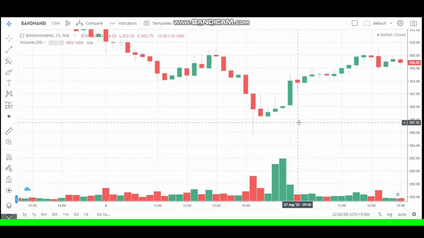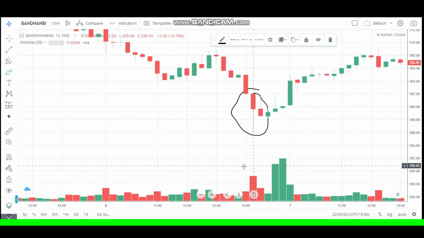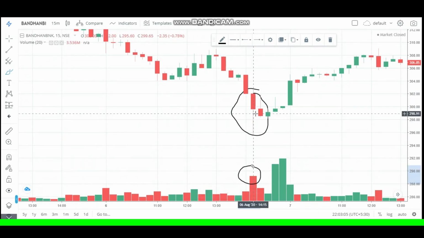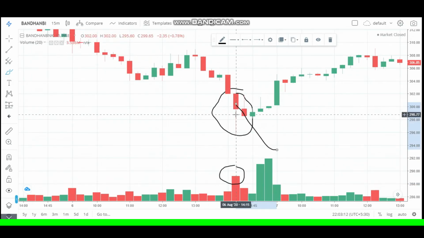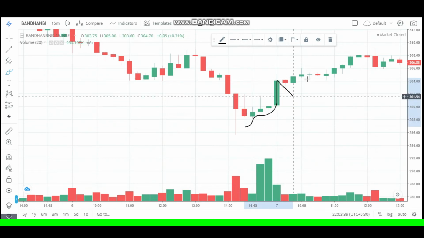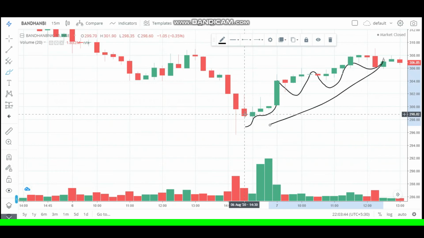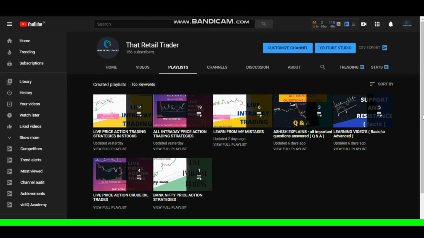One more example of the same thing is this. We can see a red candle and high volume below it. After seeing a red candle, don't take a trade on the selling side. Check how the candle is formed. Here again a doji is formed. It is called a dragonfly doji. After this candle formed, the market started making higher highs and went upward. So check the next candle and the volumes in those candles and trade according to that.